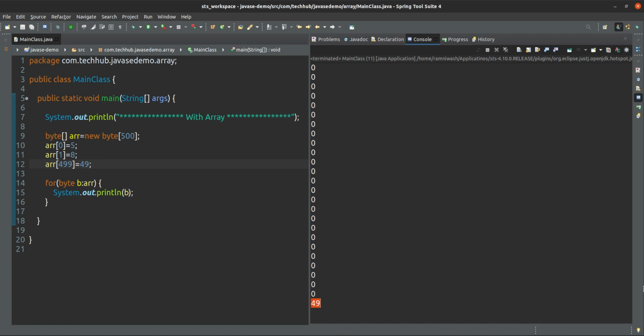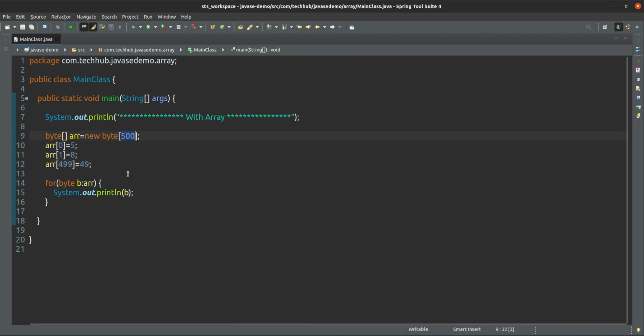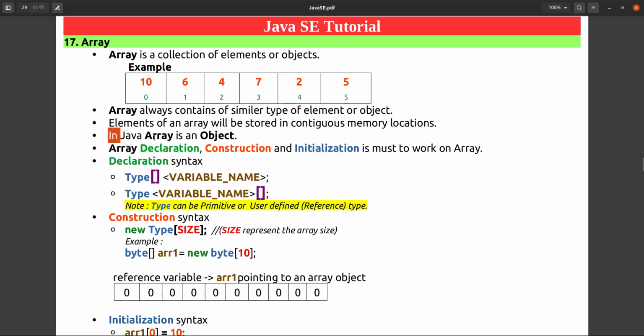If we need 500, see, these are 500 variables. 5000 also you can declare. Let's see, that's it, you can declare. So this is the use of array. Yeah, array. Okay, one more thing. In Java